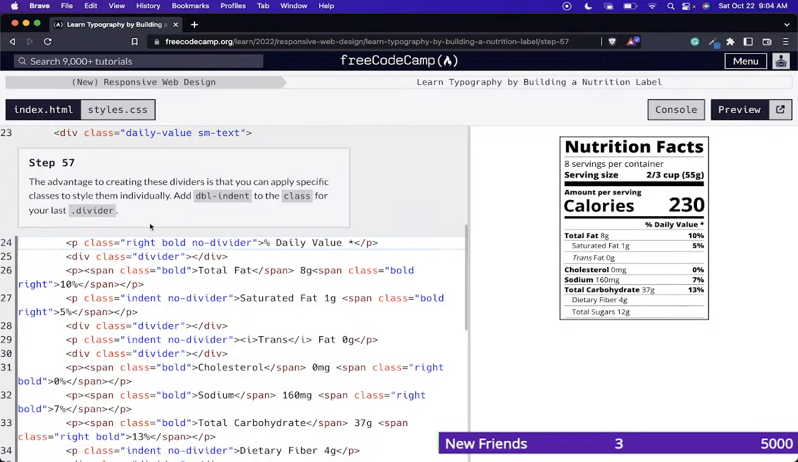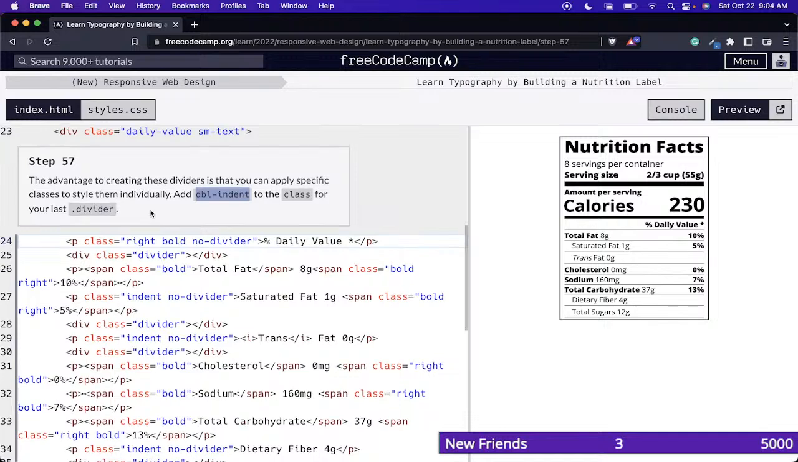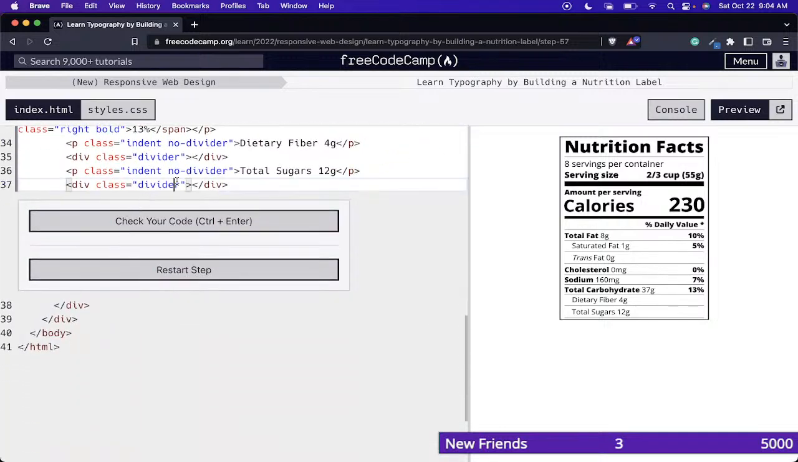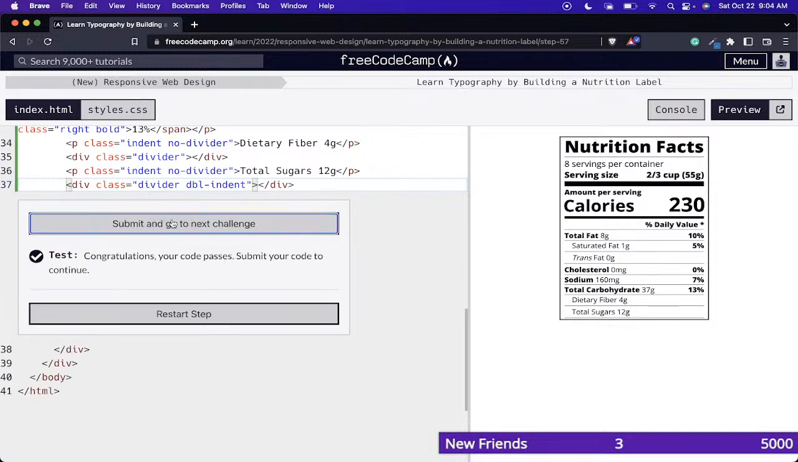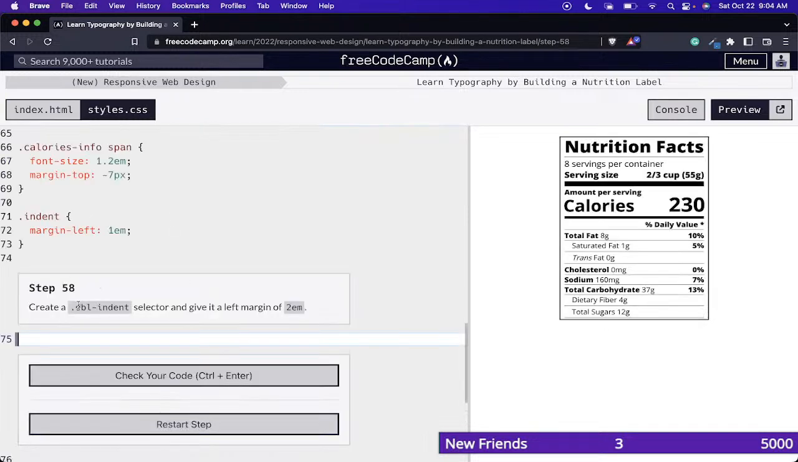57. The advantage to creating these dividers is that you can apply specific classes to style them individually. Add a DBL indent to the class for your last divider. Copy that. Go into the class, space, paste it, check it, pass it. 58. Create a